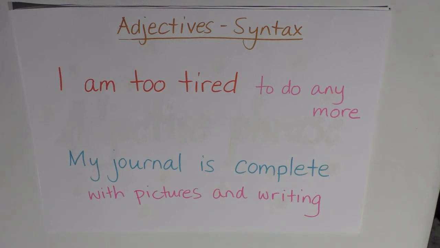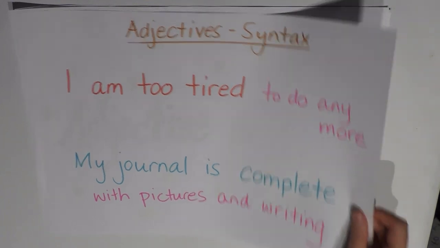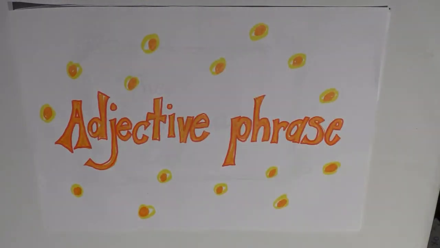So there they are, the semantic, morphological and syntactic properties of adjectives, and that about sums up our breakdown of adjectives. So we're going to push on to the next bit, which is adjective phrases in our next video, and that will also give us a little bit more insight into adjectives too.